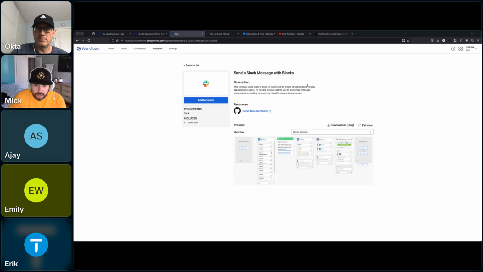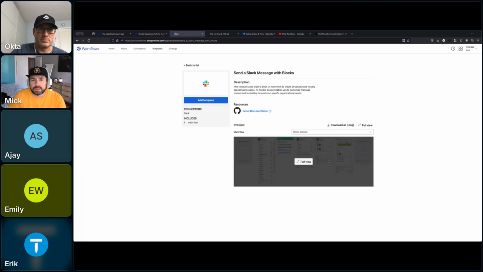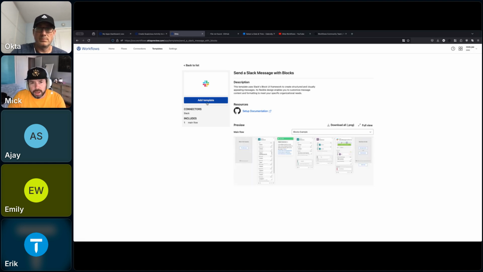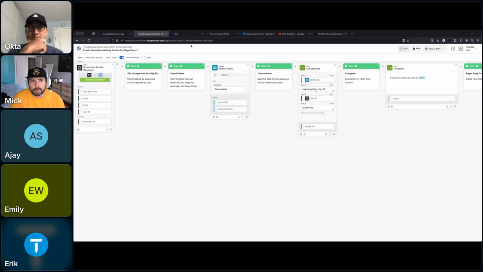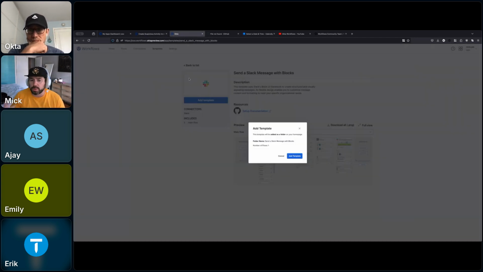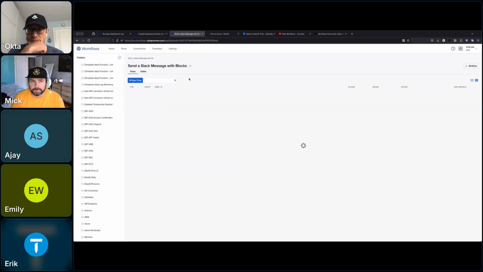So if you're not familiar with blocks, it allows you to kind of customize your messaging so it's not just plain text. And so that's kind of what this template does. And so what I'll do is I'm just going to go ahead and add this template, and I'll show you how maybe getting an idea from one template can be applied to another, almost like combining the two.